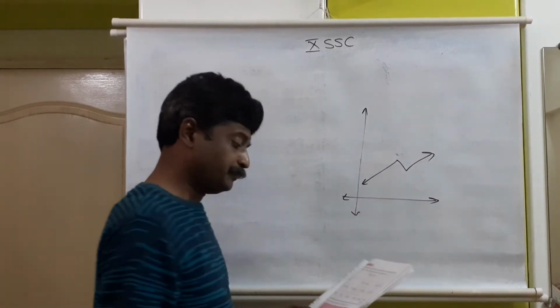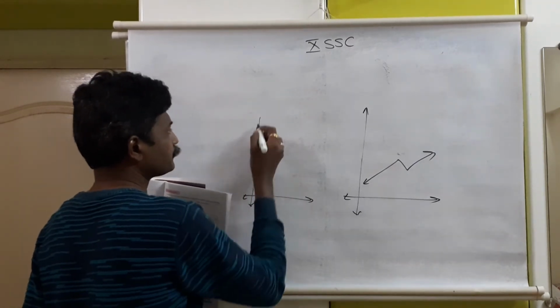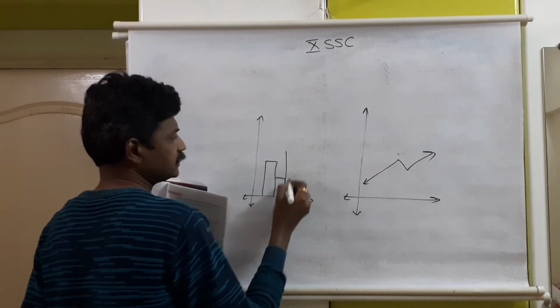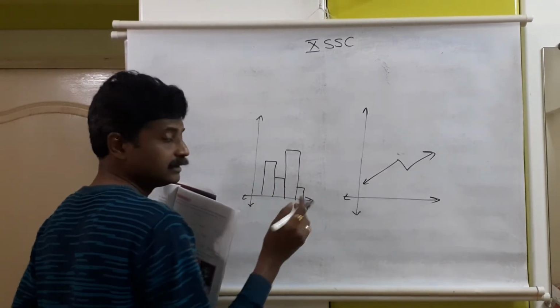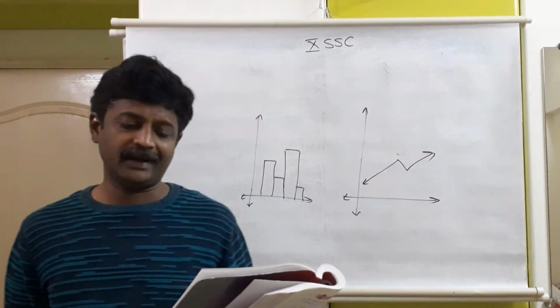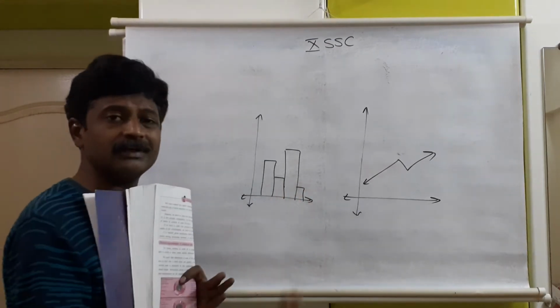Okay, then in a histogram some bars come together, they will be joined with each other and then the histogram is formed. See, in that way. The bars, rectangles, will be joined with each other, that is a histogram. And then the frequency polygon, with the help of a histogram and without a histogram.